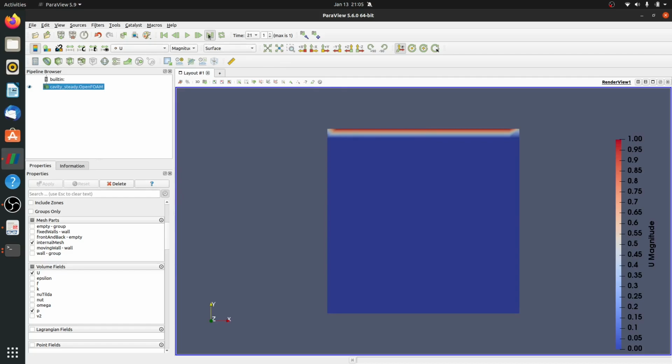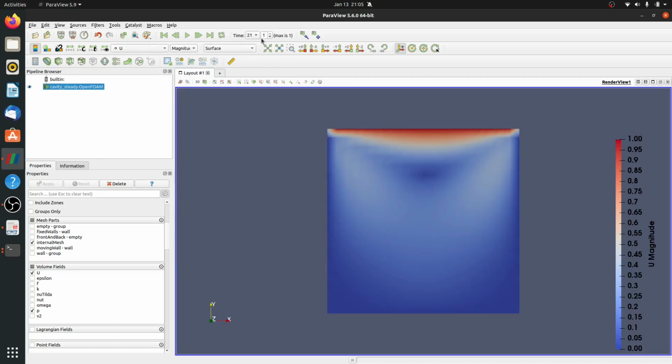I'll go to the last iteration, which is 21, and this gives me the exact same results of the cavity case that we solved with the icoFoam solver. So in this way we can convert a transient simulation to a steady state simulation.